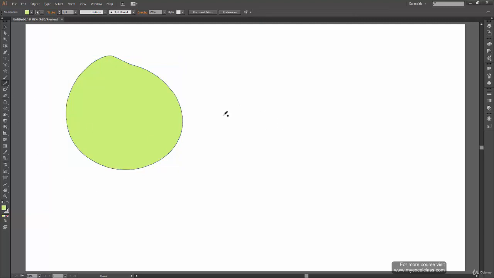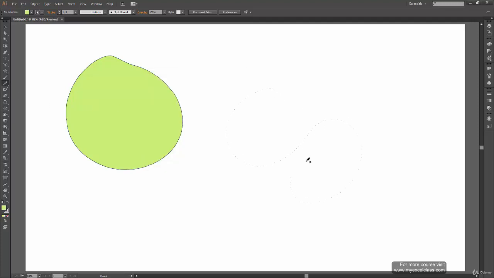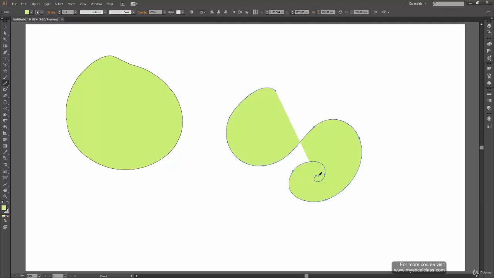Alright, so let's see this option again. I am drawing something over here. This time increase fidelity to 9 pixels and OK. And this time you can see if I come closer to this end point, my cursor changes. Or if I come within 12 pixels of this path, then my cursor changes automatically. So now when I'm drawing something, it's actually editing the path.